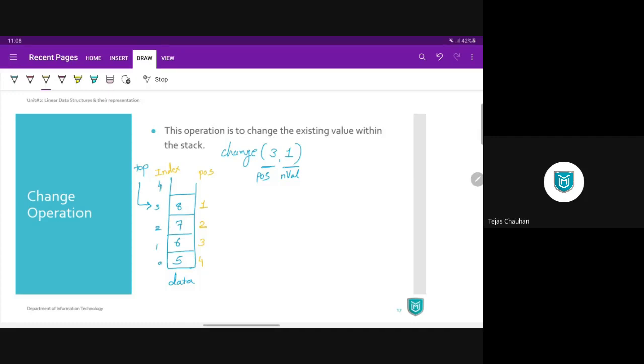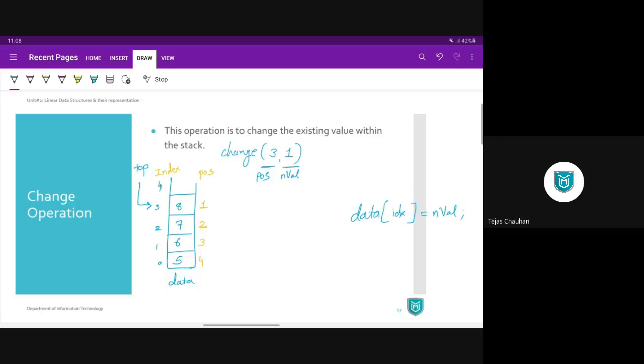Because whenever we access our data array, we need to write the index so that we can update that given value. Now, the first hurdle for us is how to convert the given position to the appropriate index.